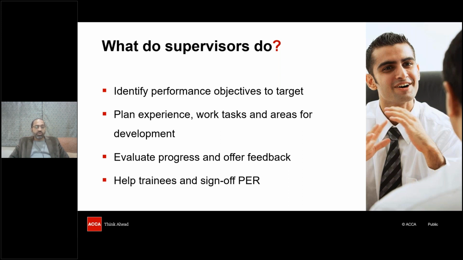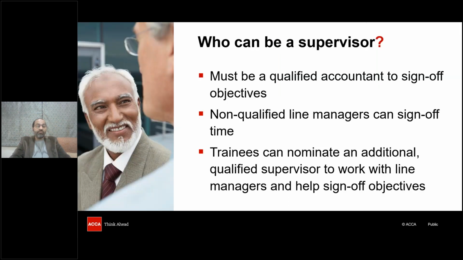Number three, evaluate progress and offer feedback. Now, this can only happen if you sit in front of your practical experience supervisor at specific intervals. You may want to have a monthly one-on-one meeting, a quarterly meeting, etc., and therefore continue to receive feedback, continue to be evaluated by your practical experience supervisor, and in the end get a sign off on your PER as well as your time claim. Okay, so this is the role of the supervisor, very, very important,